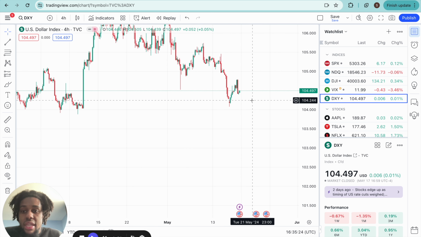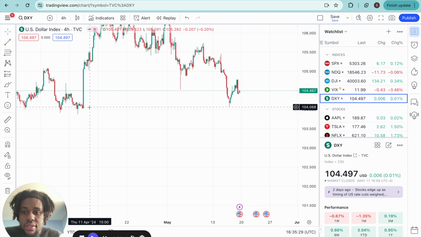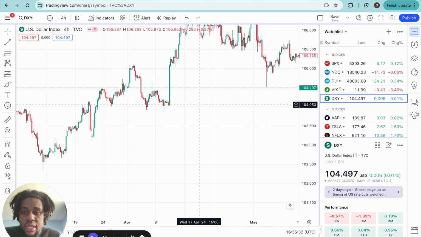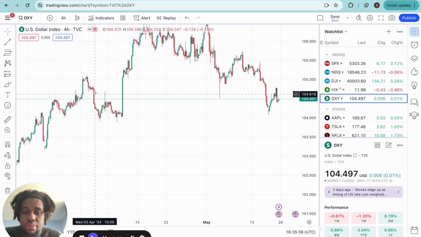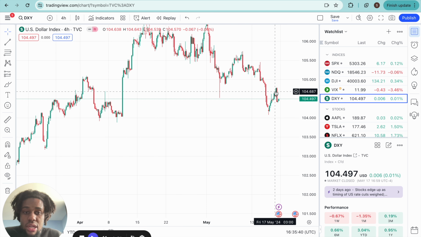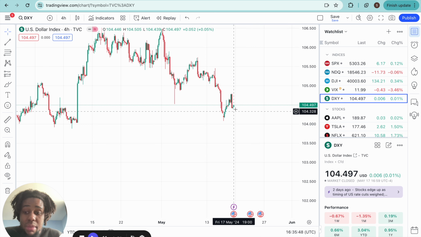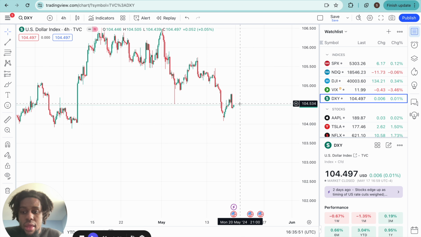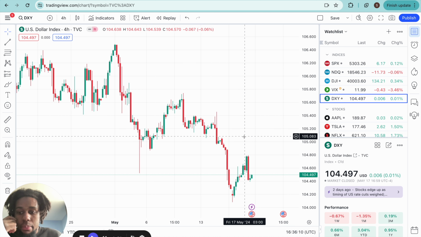But if you look in here, it comes right into this 4-hour level in here. What we discussed was our weekly mitigation block in here, and it respects it nicely and comes up here, and we see that it might be showing an unwillingness to go lower.